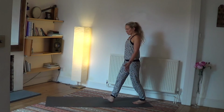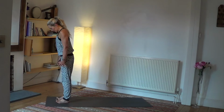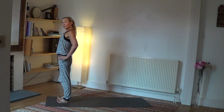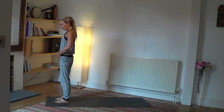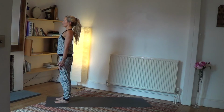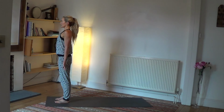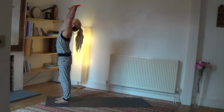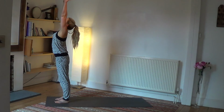Now let's come on up to the top of the mat. Setting up a strong foundation. Lifting the toes to activate the arches of the feet, setting them back down. And drawing the pelvis back over the ankles. Arms relaxed, shoulders relaxed, and then gently extending down through the fingertips. Let's inhale and reach the arms up, maybe touch the palms together if that's okay for the shoulders, and then